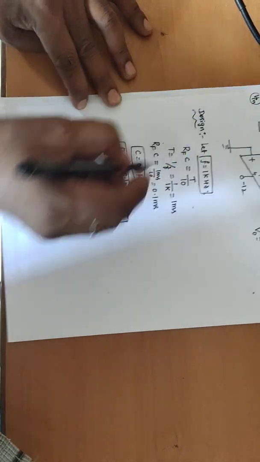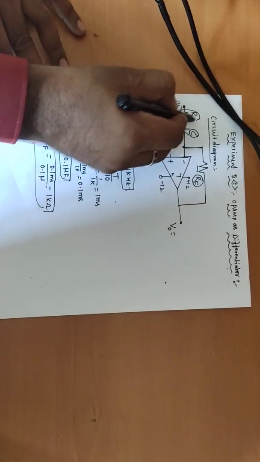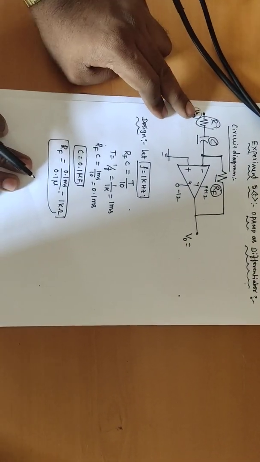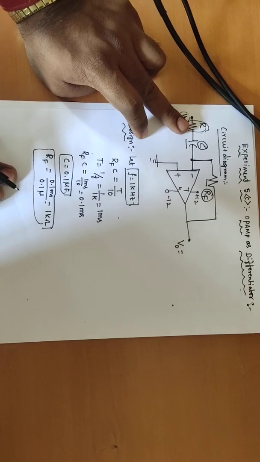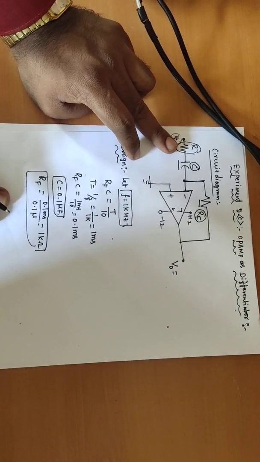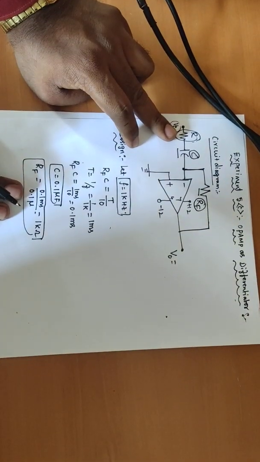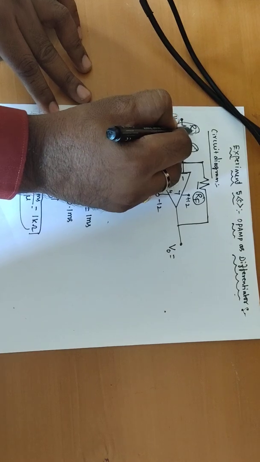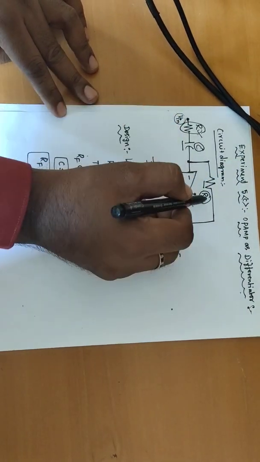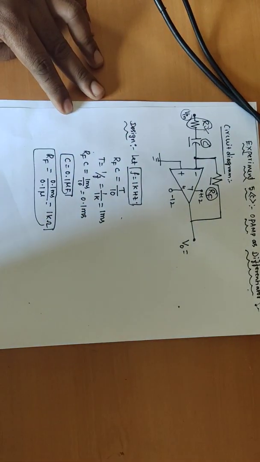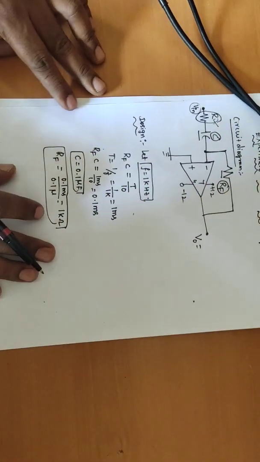Now the purpose of using this additional input resistor R is, if the resistor is not connected, the effective input resistance available at the capacitor input terminal is 0. Then the gain becomes infinity and the differentiator circuit becomes unstable. To make the differentiator circuit stable, I am going to use this additional resistor R, which is going to give a stable gain parameter for the differentiator output voltage signal.